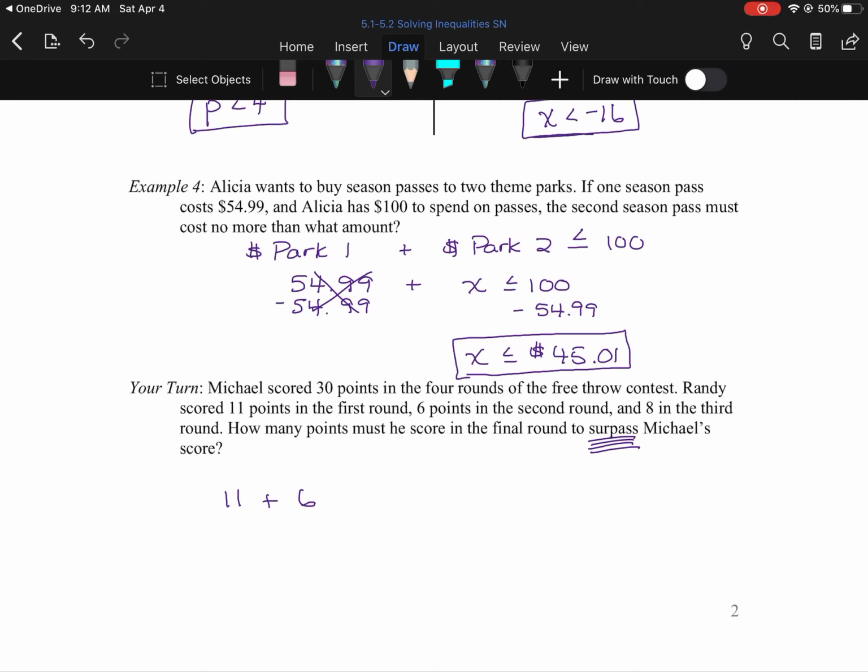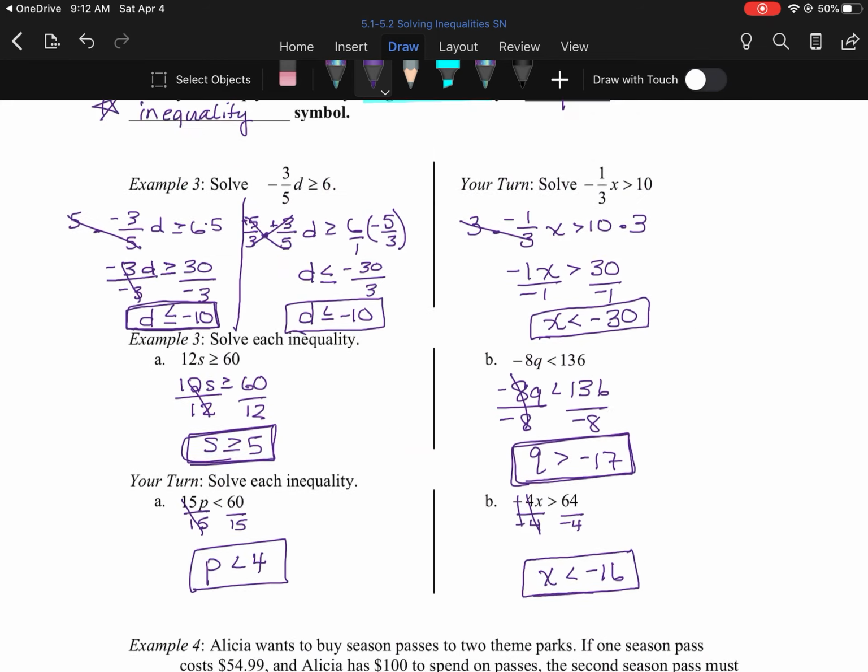So we have to add up all of his points. So he scored 11 points, plus 6 points, plus 8 points, plus the last round, we don't know how many points, and that actually has to be greater than 30 points. We don't want to put greater than or equal to, because again, if it ends up being equal to 30, they ended up tying. So 11 plus 6 plus 8 is 25, plus x is greater than 30. Subtract 25 from both sides. So Randy must score more than 5